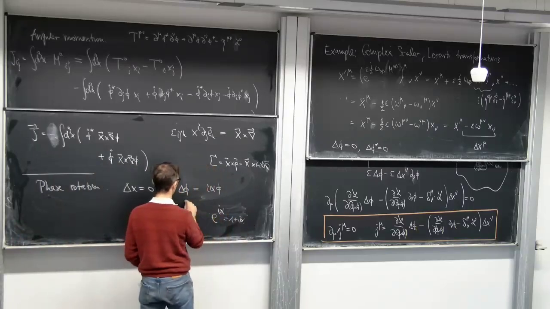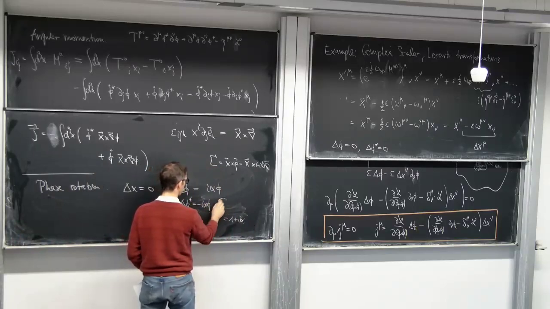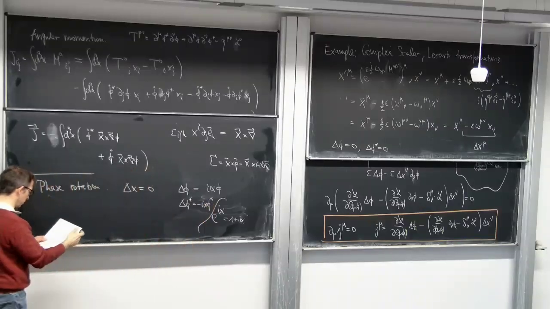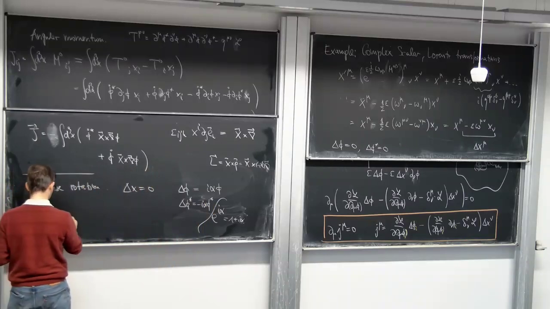And the complex conjugate is minus i alpha phi star. You get two terms, and the current after some computation is